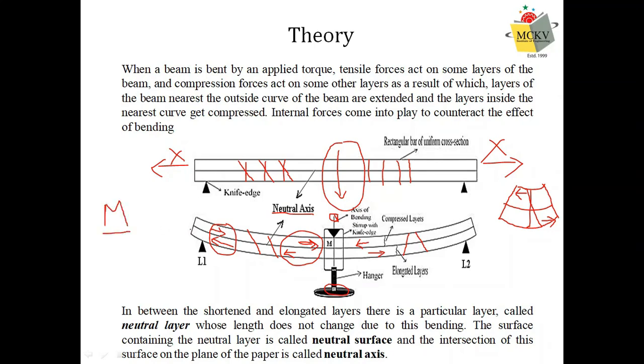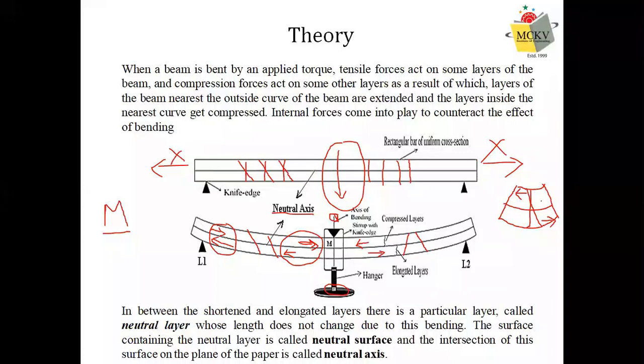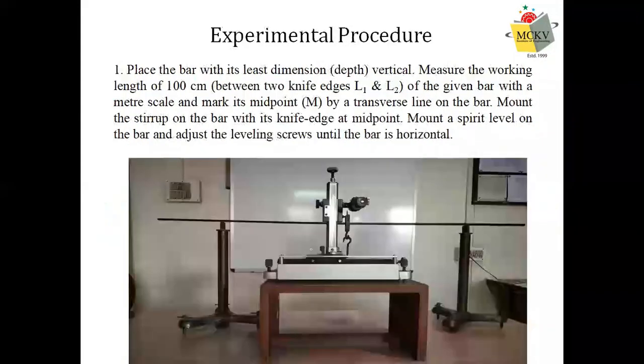And it is using this bending moment of the beam that we arrive at this formula. The derivation is not required, but you should know that we arrive at this final formula for Young's modulus by calculating that bending moment. And please remember that the bending moment is a torque, a moment. This bending moment is caused due to these compressive forces and these tensile forces. That is, both these forces are longitudinal in nature, so it will definitely depend on the Young's modulus of the material. So by calculating the bending moment, that is the torque acted, we can find out the formula for Young's modulus.